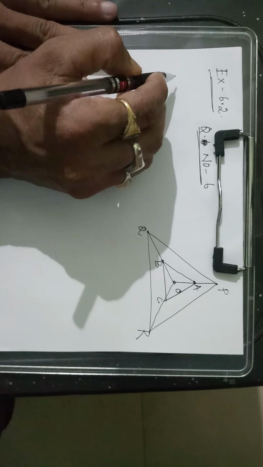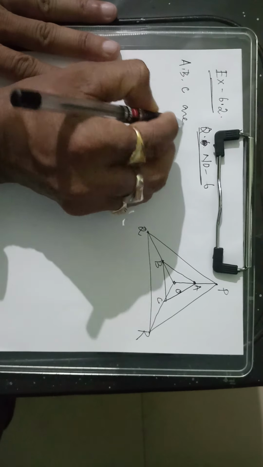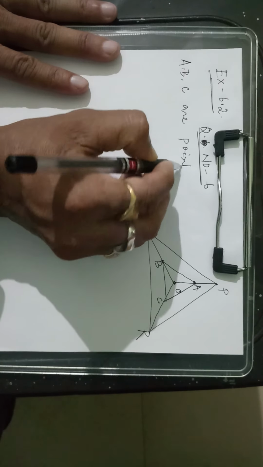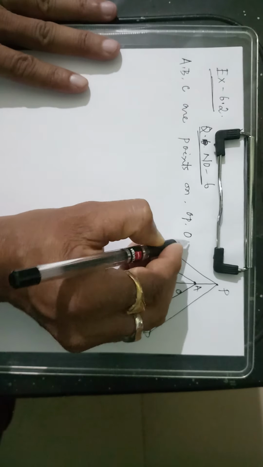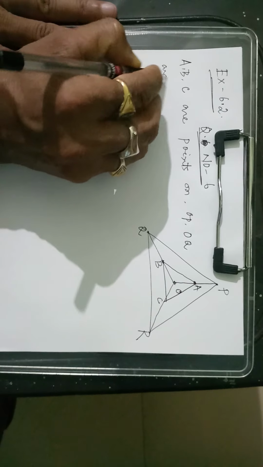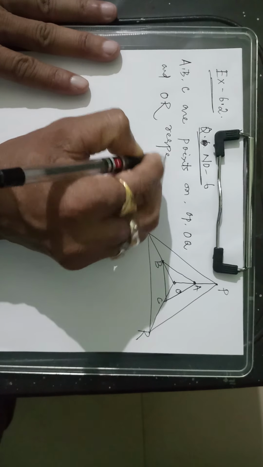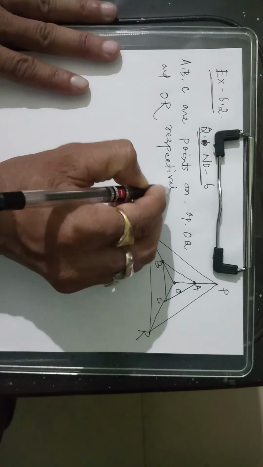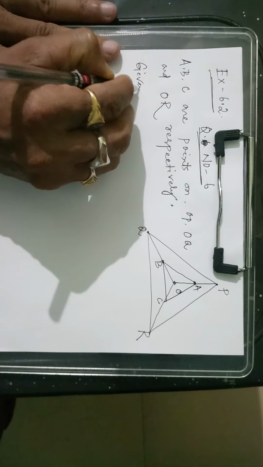Your question number 6 says: A, B, C are points on OP, OQ and OR respectively,